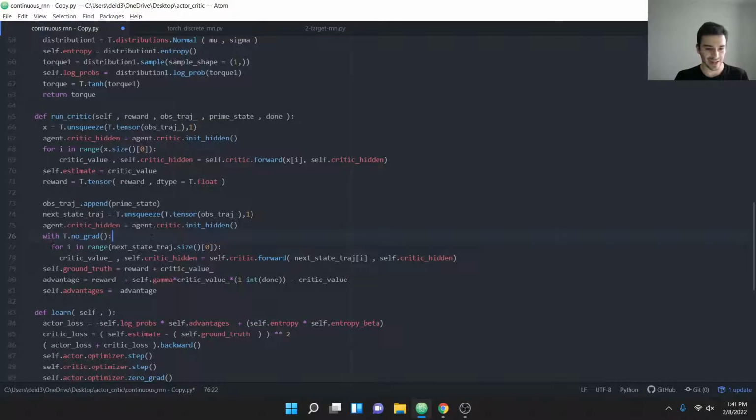So we're going to find out how long that new trajectory is, which is just going to be one longer than what this one was. And for each observation in that trajectory, we're going to call self.critic.forward with each index in there plus the hidden value. In return, we get the estimate of the critic value and a new hidden state, which is going to be new self.critic hidden, and that gets passed in through the next iteration. So the ground truth value for